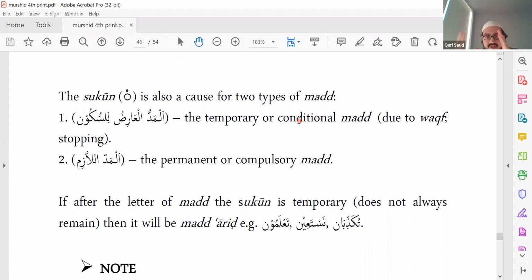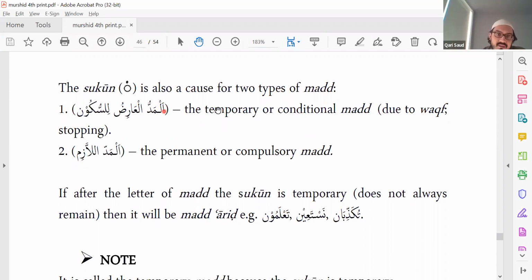So according to the circumstance around it, if there is a fa, for example, after a nun sakin or tanween, then we apply ikhfa. If there is a meem after the nun sakin, then and only then do we do iqlab. So that's why it's called circumstantial. Okay, adil. And then sukoon just means sukoon.